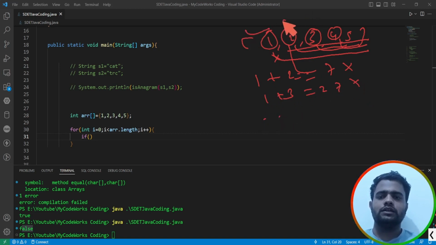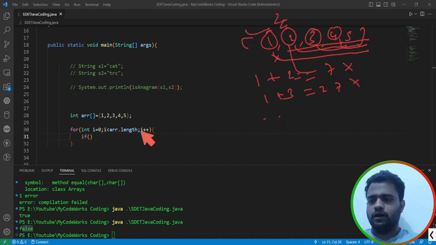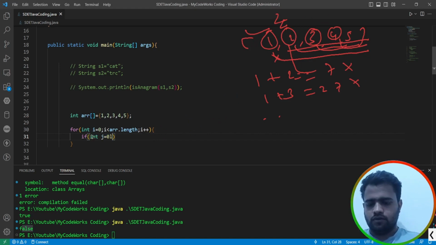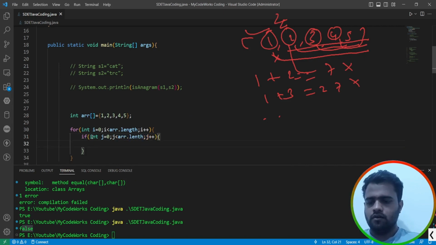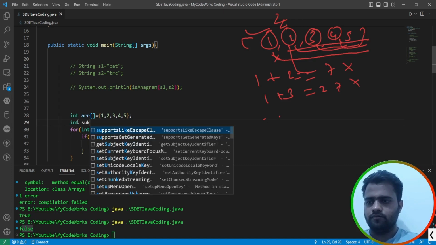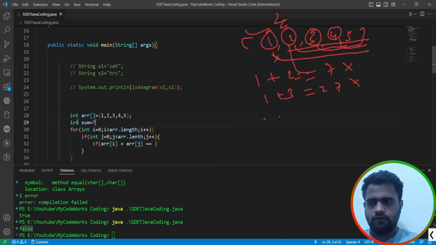So the first iteration is done, in the second iteration i will go to 2. So let's write this, int j, j less than array.length, j plus plus. Okay, if array of i plus array of j equals the sum, int sum equals 7, then